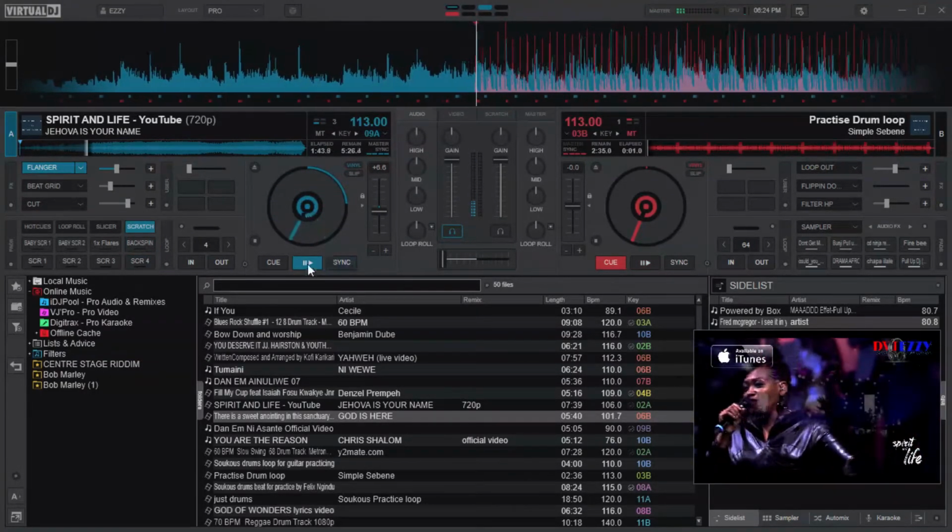As you have seen, there is an effect that is applied, and it also affects the song. You have seen the video. It doesn't affect the flow of the song. It keeps on playing at the correct timing, which is interesting. And if you use these very well, it will sound like a professional kind of mix or scratching.